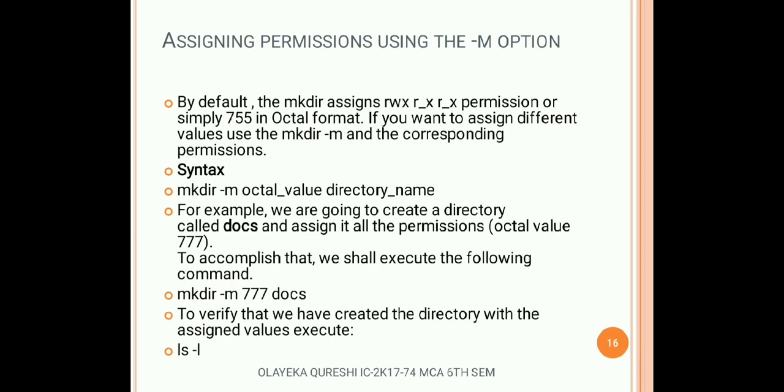Assigning permission using the -m option. By default, mkdir assigns rwx r-x r-x permission, or simply 755 in octal format. Each group here represents a category and contains 3 slots representing the read, write and execute permission of the file or directory. In that order, r indicates read permission, which means